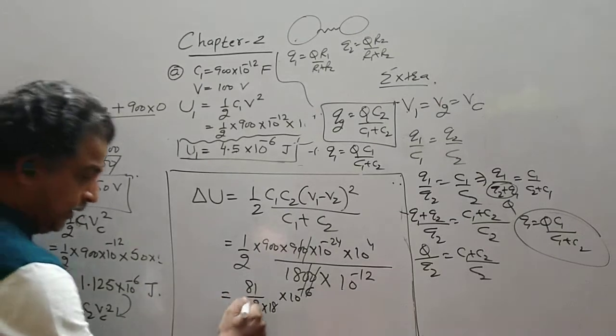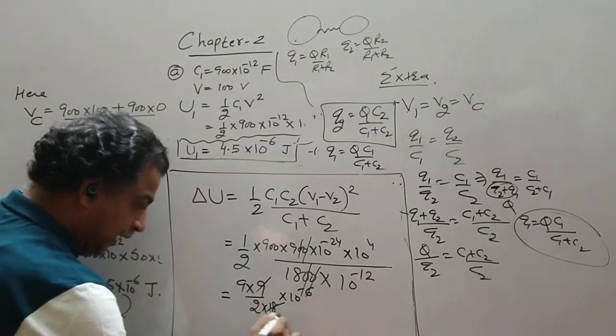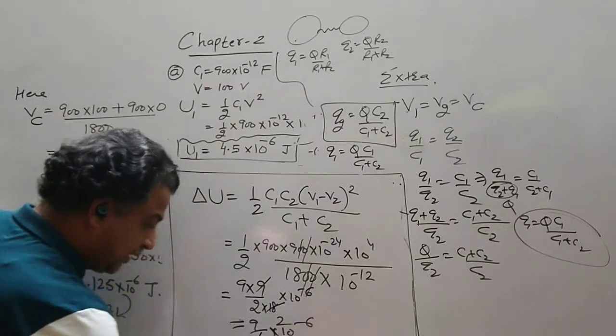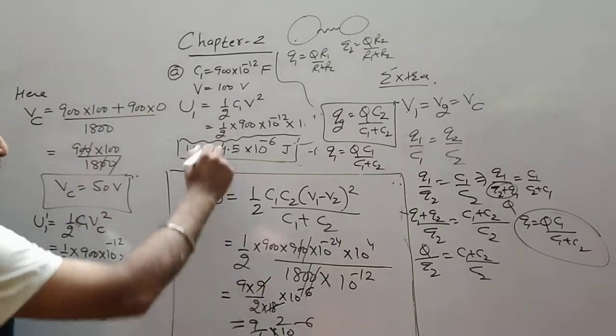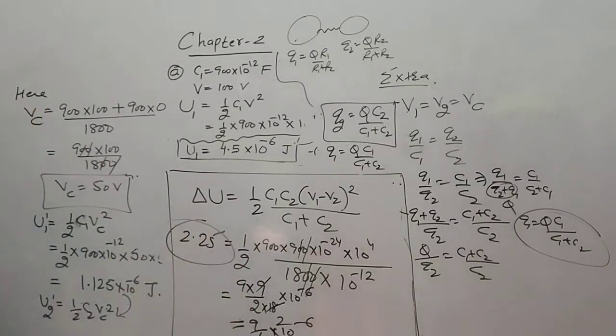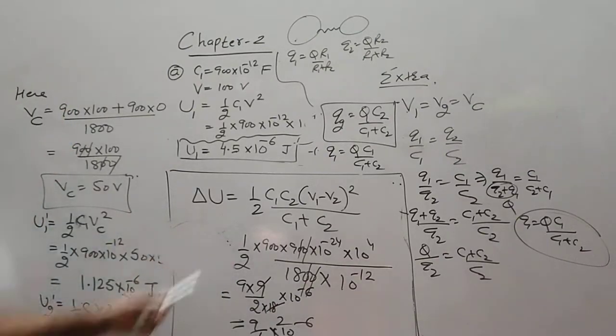Now instead of this 81, I write 9 into 9. 9 ones are 9, 9 twos are 18, that is 9 by 4 into 10 raised to minus 6. See, 9 divided by 4, it will be half of this, 2.25. So we got the same answer. What we have done earlier was a long calculation. So this is a shortcut for the loss